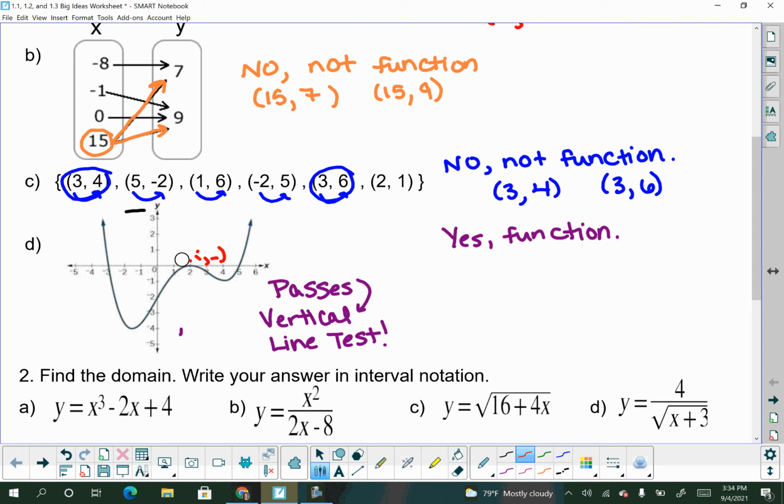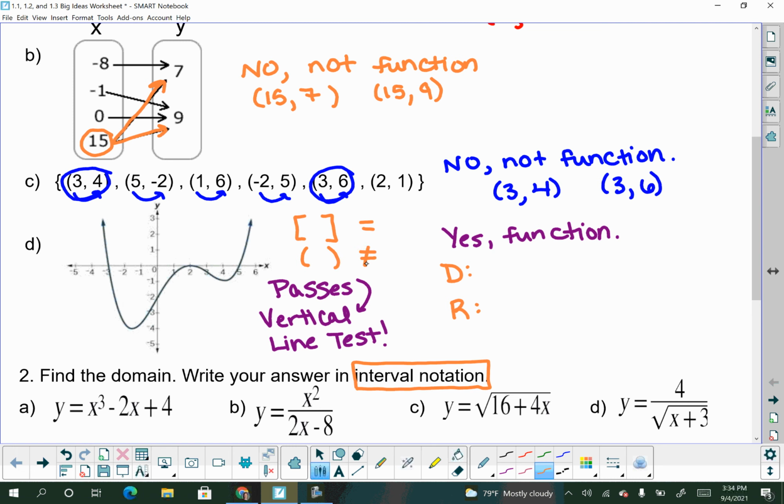Now the other thing this problem said at the top was to name the domain and range if it is a function. So let's go ahead and do that. To name domain and range, we're going to talk about interval notation, and we'll be using that in the next problem also. Interval notation is where we use brackets to represent equal signs. So if we have a point on a specific location on a graph, we would use a bracket at that value. Parentheses